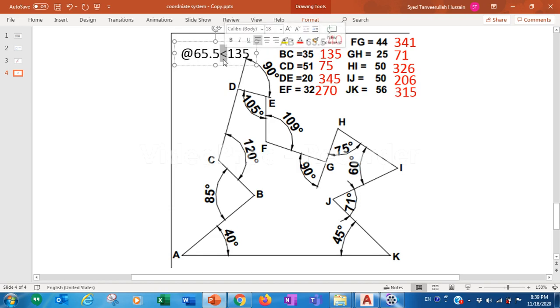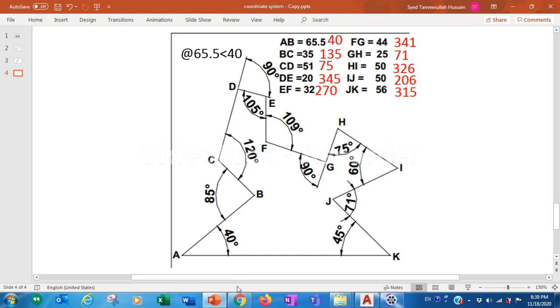And the less than symbol is for the angle, how much? 40. So this is the first line AB. You have to write @ length 65.5, less than, meaning angle. Angle how much? 40.